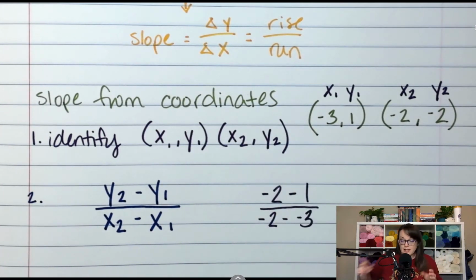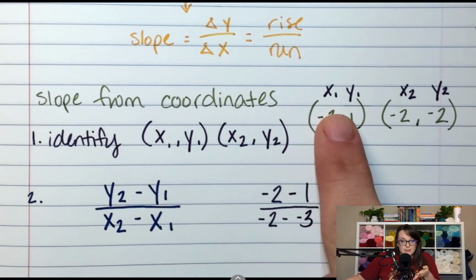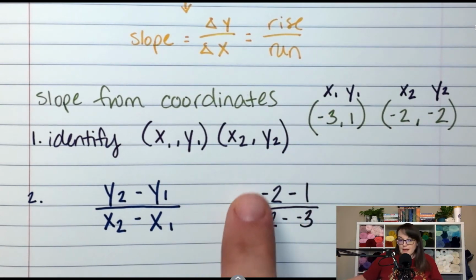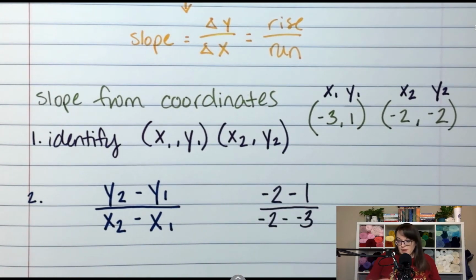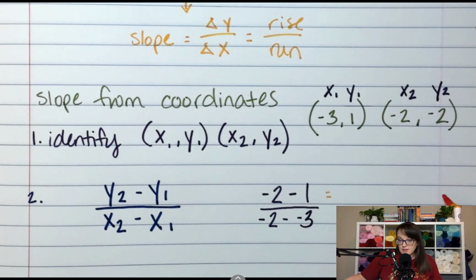So that might be the hardest part, identifying just your sticks. This could have been x1, that's fine. Wherever x1 is, it has to be partnered with your y1, and then make sure you match them up this way. And now we're going to subtract. So -2 minus 1 is -3. And -2 minus -3 is